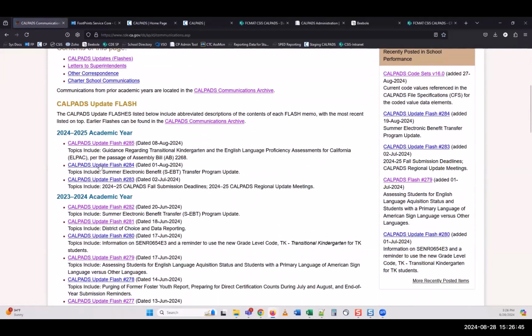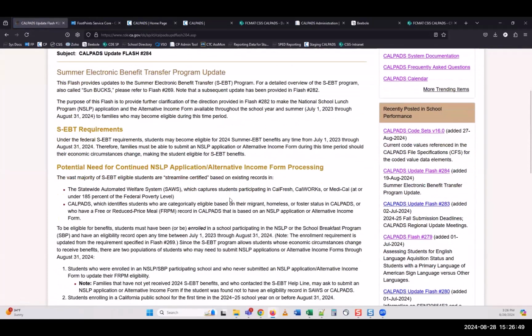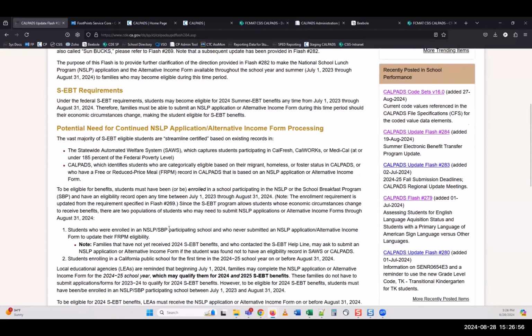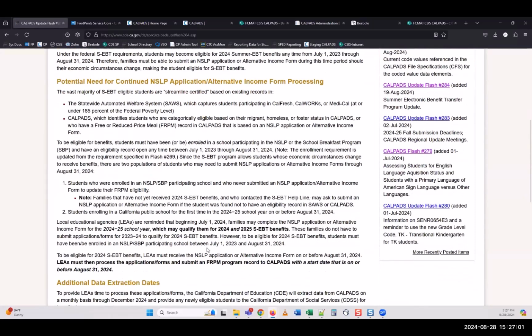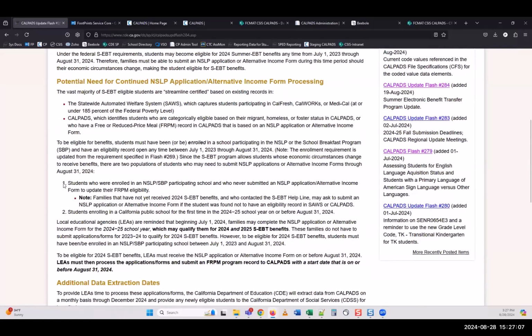So is there technically anything you have to do different, Eric? No. We go back to that August 31st date though, for the 24-25 school year, if that student didn't already have a program and you're adding one in there. But that's the guidance there, 1 and 2 there. And then it tells you beneath that, what do you call that? When the extract dates are for CDSS.